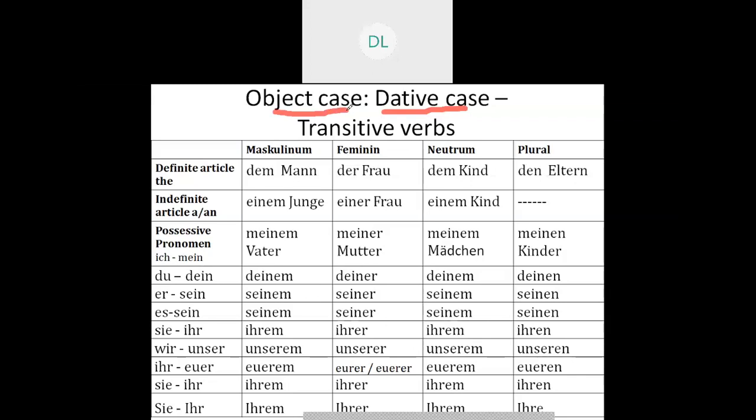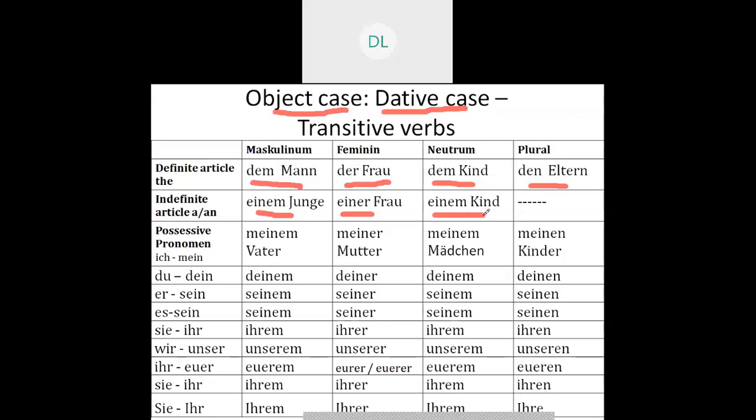But what is the article system? For that, I have made a table for you. So what is the article system? For masculine, it is dem Mann. Feminine, der Frau. Neuter, dem Mädchen. Plural, den Eltern. So that is dem, der, dem, den. On the same lines, einem,